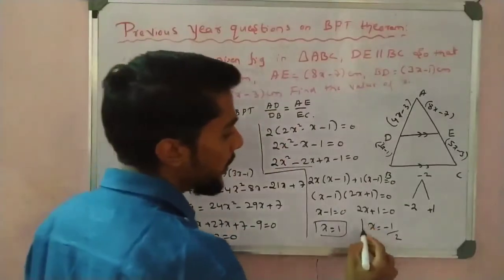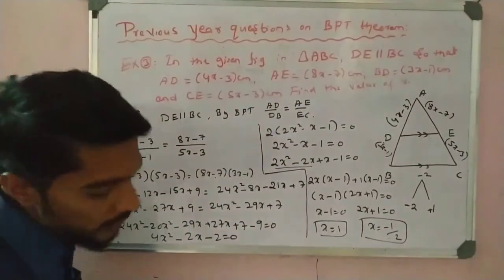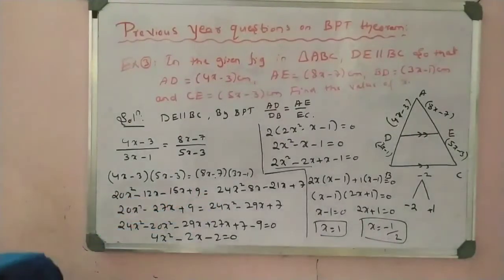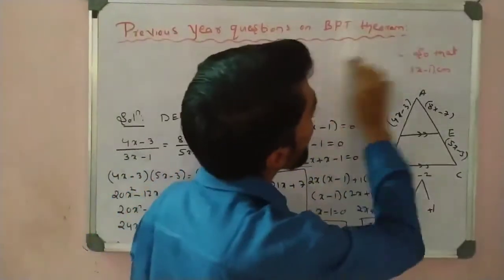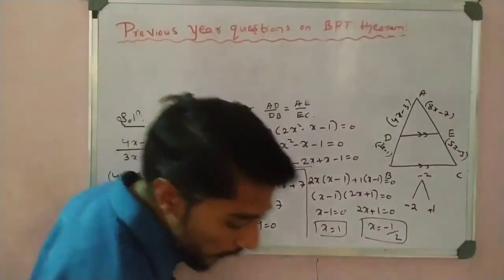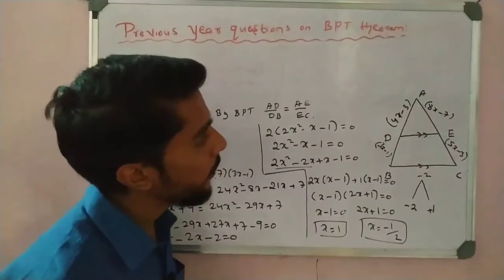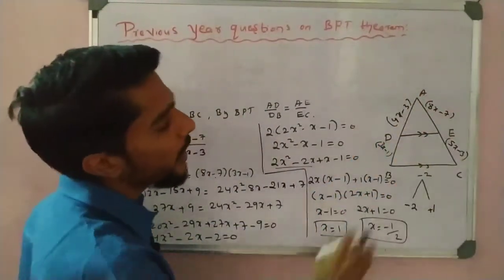Correct? So there are two values of x, which one do we choose here? Simply, we have to check the values. Put both the values in the given equation, then choose any one. See here, which one will we choose? We require the value of x. Take any one, because all contain x. So I can choose AD.